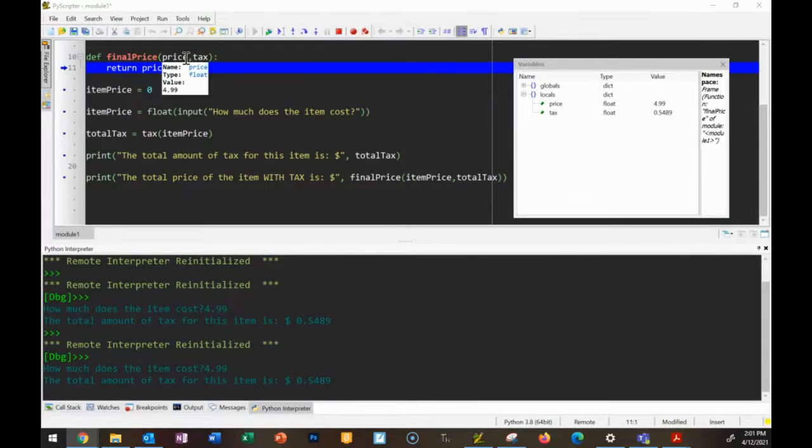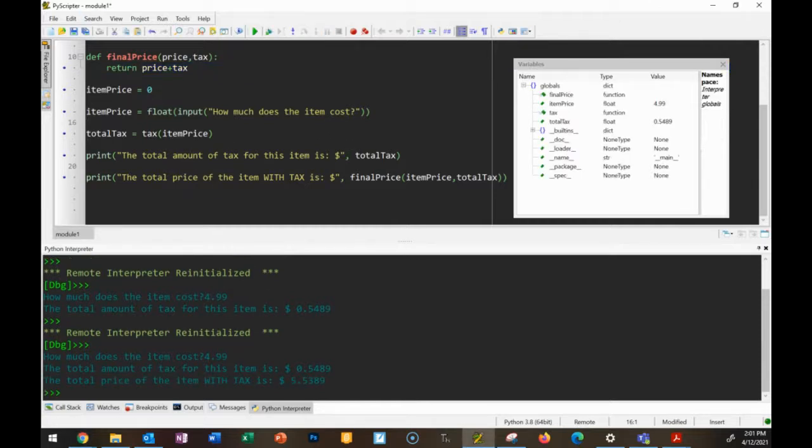The price is the same as it's always been. That was just the original item price, $4.99. The tax, we calculated and sent it up, and you see it's 0.5489. And then all it does is just one simple math calculation. It's going to return whatever the price is plus whatever the tax is, and then we're going to get a final dollar figure. So when I run this,